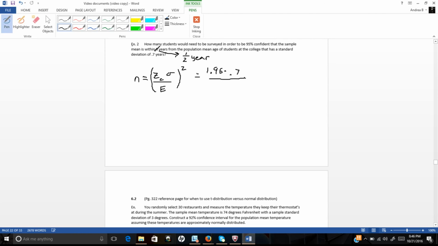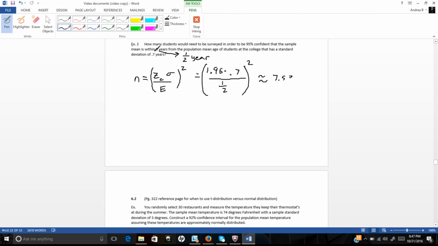divided by, and in this case I had switched this so the sample mean is within 1/2 of a year. If it's within a certain amount, that's also your margin of error. That's just another way of stating your margin of error. It tells you how far away from that mean you can go above and below for the margin of error. So here, if we calculate that out, we get approximately